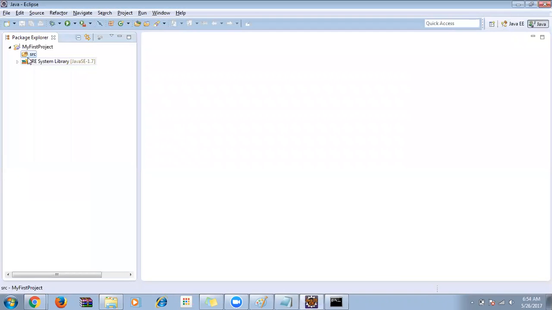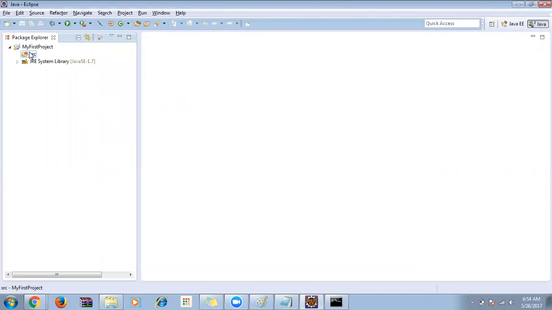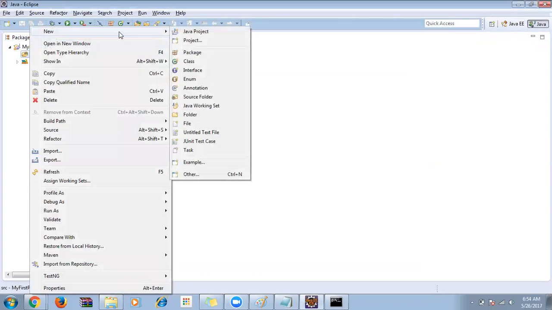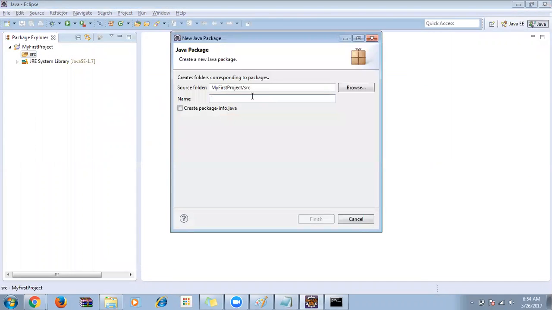Source folder. Okay, now I have created the project. I'm going to create the package and then the class files now. So right click on the source folder, new, go to package. We have created the project. Next we are creating the package. I'll give